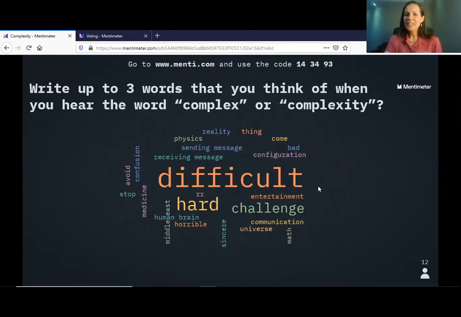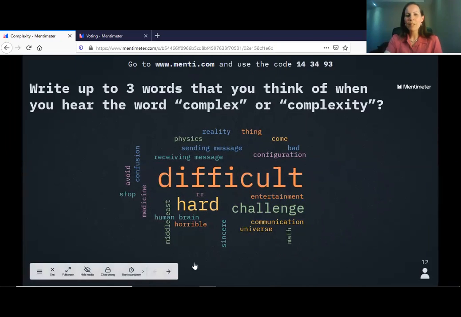The words that are most common come out largest. So people think that complex means difficult or hard or a challenge, horrible, universe, entertainment, sending a message, different things, but mostly difficult.